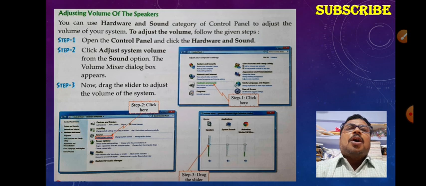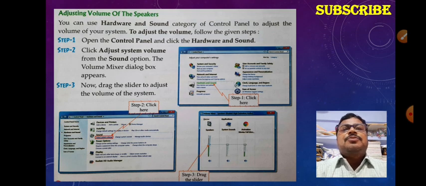Next is how to adjust the volume. What is volume adjustment? When we are working on a computer and playing some video or a media file like an MP3, you can increase the sound of the laptop or computer with the help of these steps. You go to the control panel, hardware and sound.